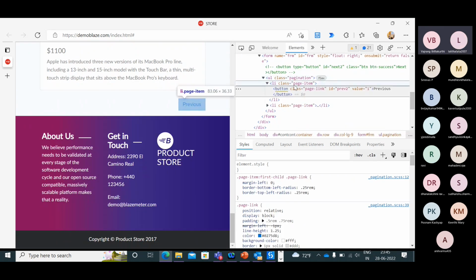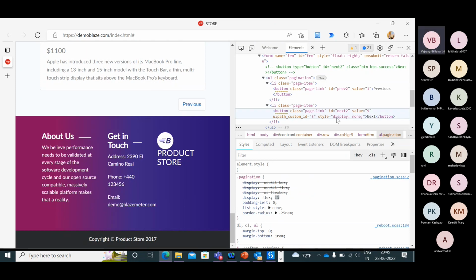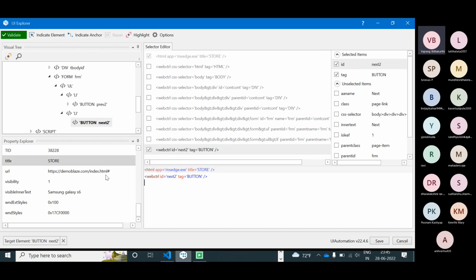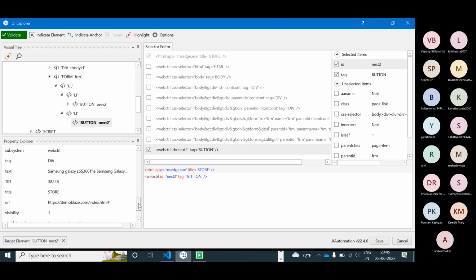But here, if you can see, the page item previous we have, and this page item display none we have, but the display none, we are not able to get it over here. Style, I think somehow this got disabled, and the robot is not able to pick it.